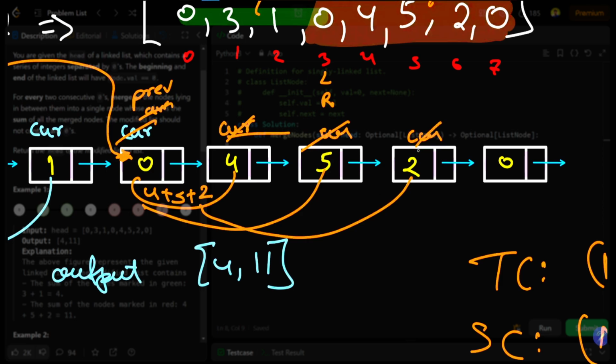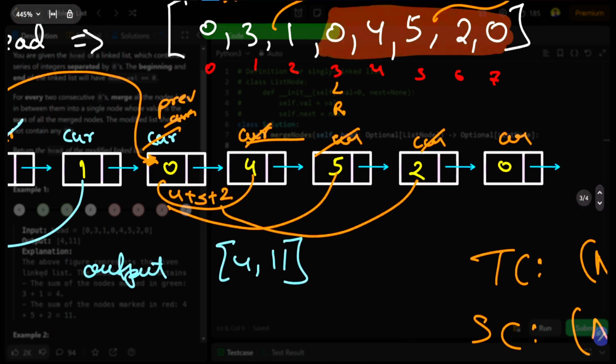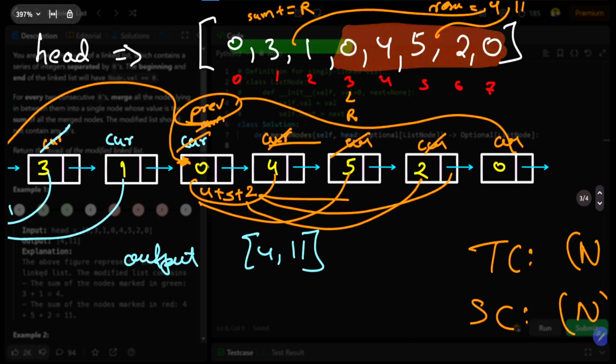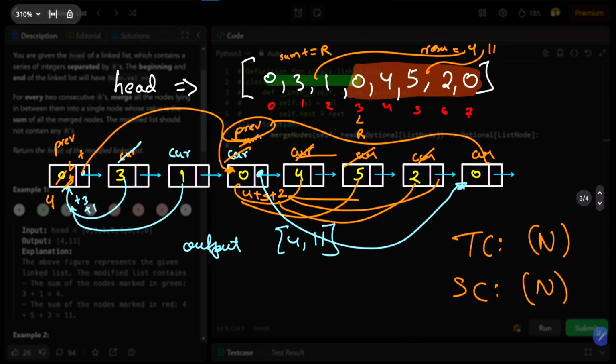Again this current reaches 0. That means I just need to append this value, and I need to have this previous pointed to the next one. So this particular next will be pointed over this next. Okay, but if you see, we are just modifying this particular cursor one after another. What if I have